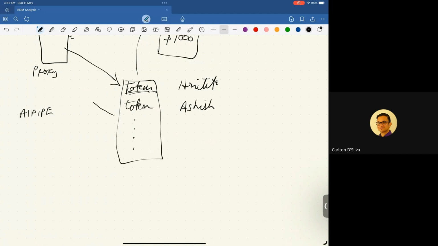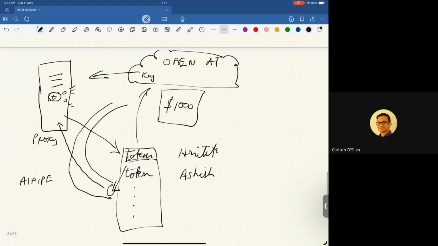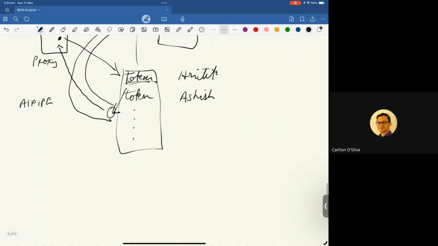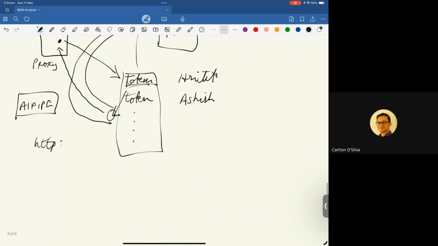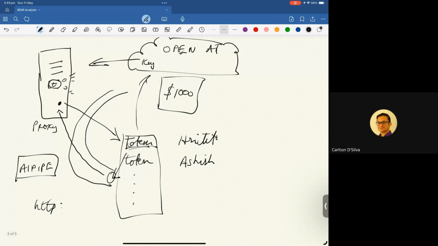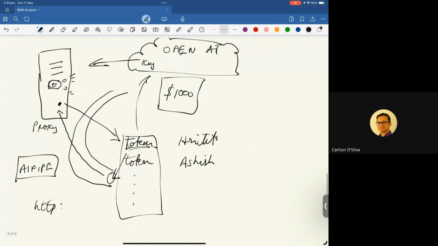If you can think of a pipe, a physical pipe, you will send us this token into this pipe. This pipe will send the token to us. And of course, to interact with us, you will need a URL. So we have given you a URL, which you have seen on the AI pipe documentation, and Hrithik will show it to you now. And once you send the token to this proxy server,